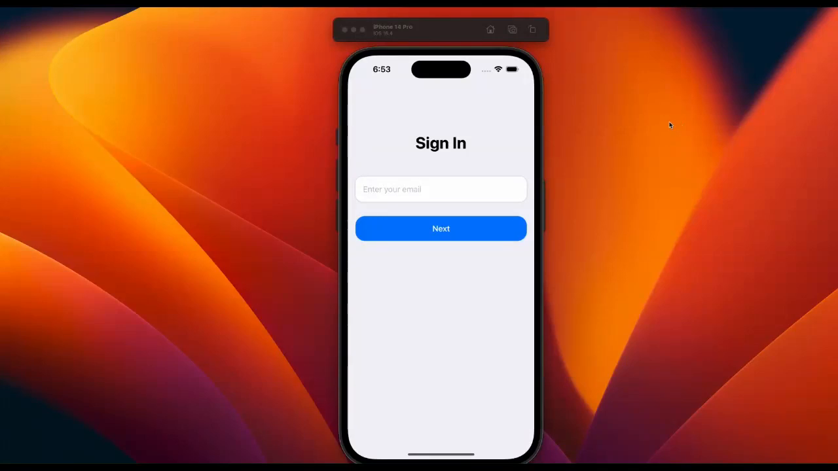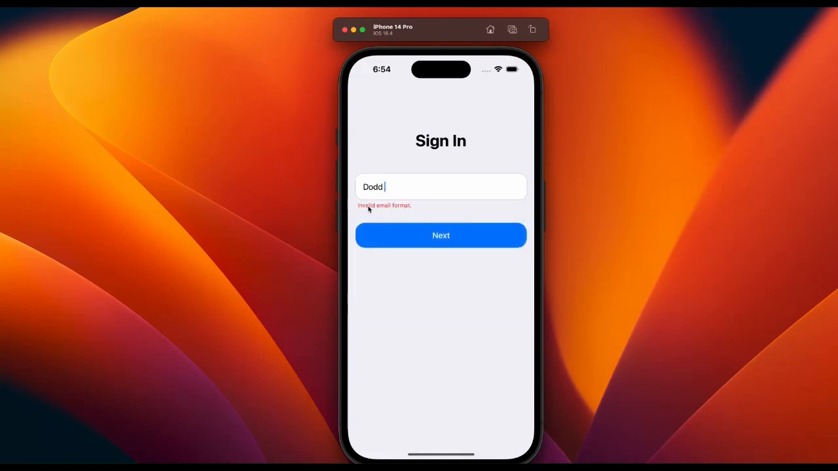In this video, today we will see how to do an email validation. Basically, this is what we are going to do. Let's say I enter here a wrong email. If I click on next, you see "invalid email format." And if I change this and I put something valid, let's say